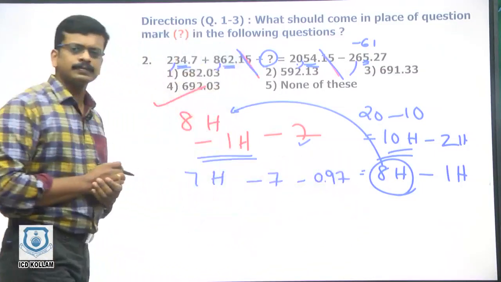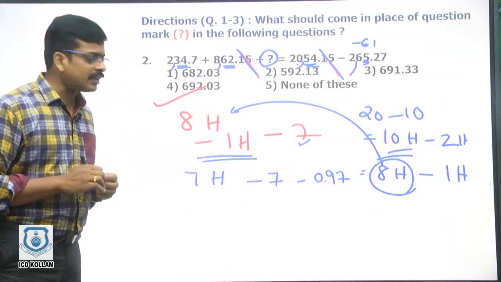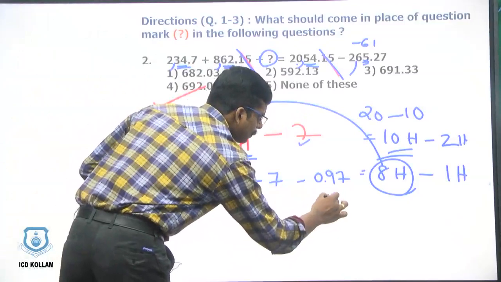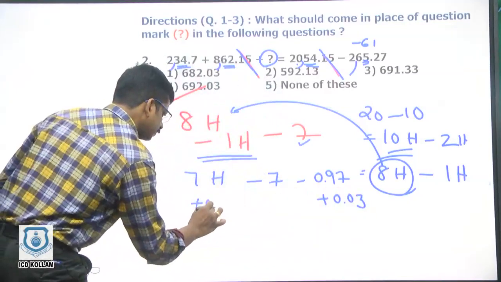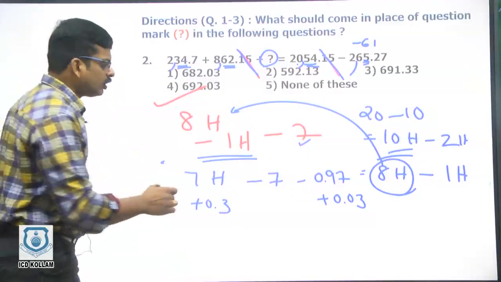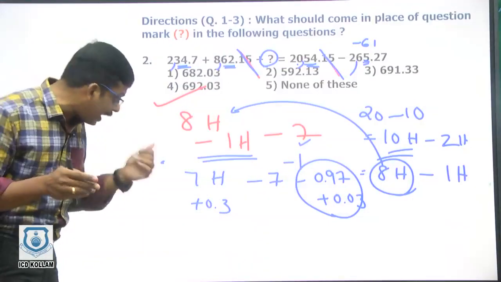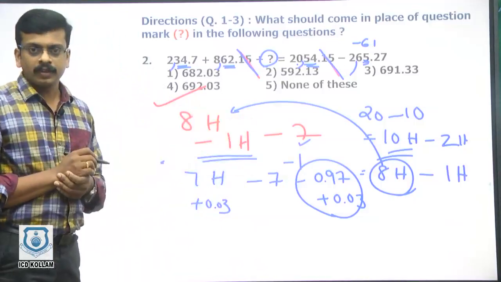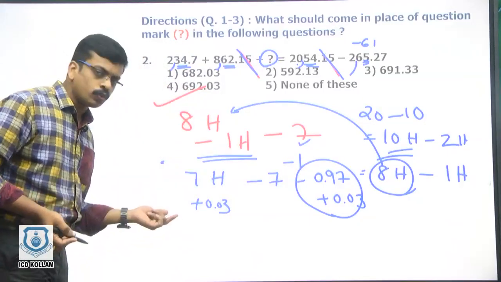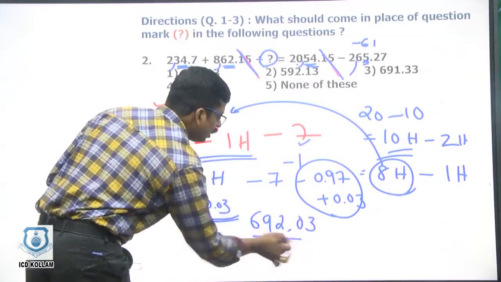0.97 from this number. It is very simple now, but subtraction is very easy when we are subtracting a beautiful number other than 0.97. So that is why I am adding 0.03 on both sides, on this plus side and on that minus side. So the subtracting number will become a beautiful 1, so you need to subtract 1, but don't forget to add that 0.03 to this number. So you can subtract 7 plus 1, total 8, so it is 692, but this number addition will produce 692.03, which is the correct answer.